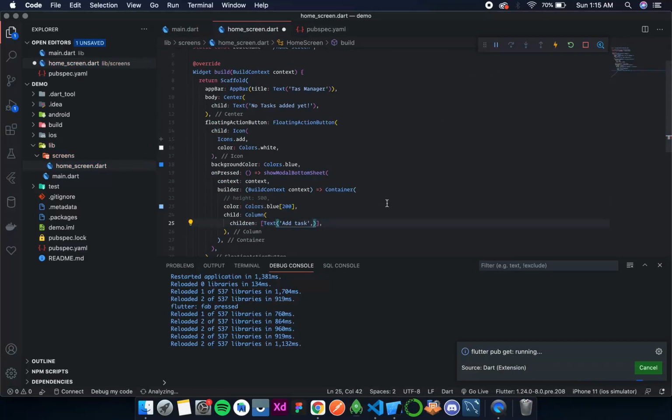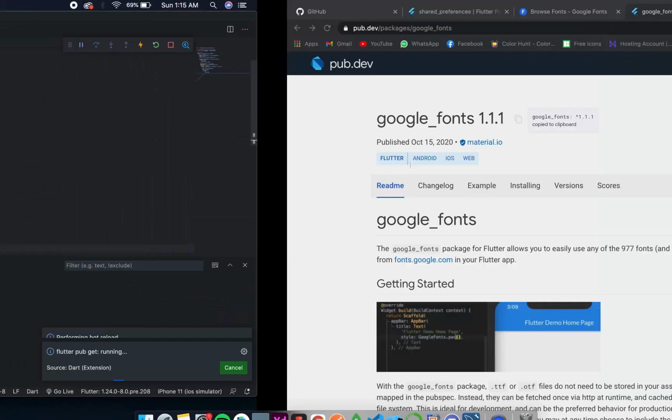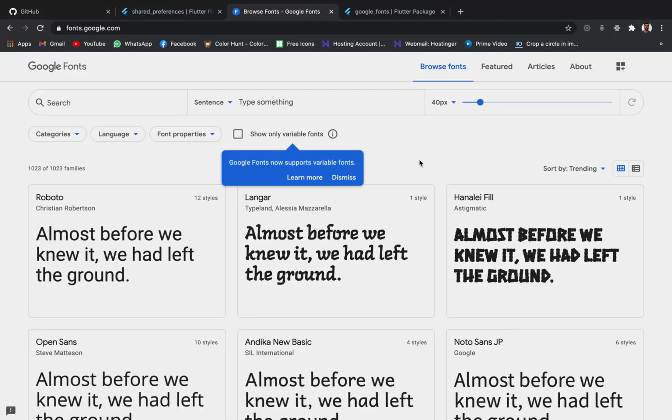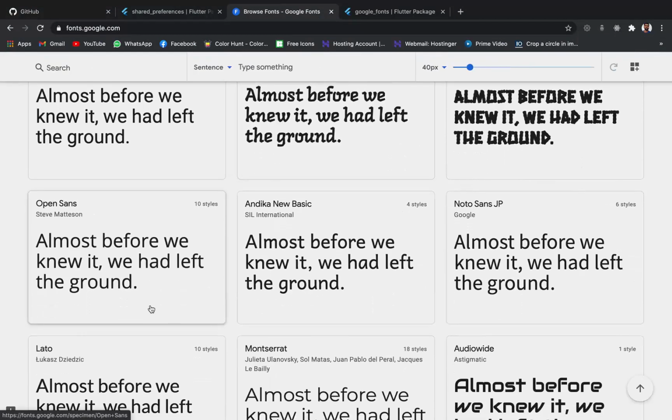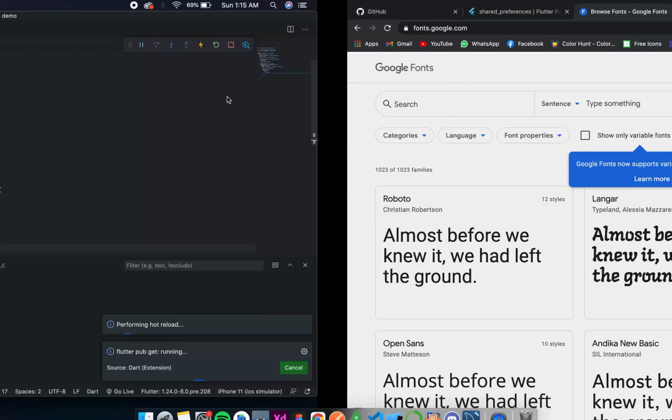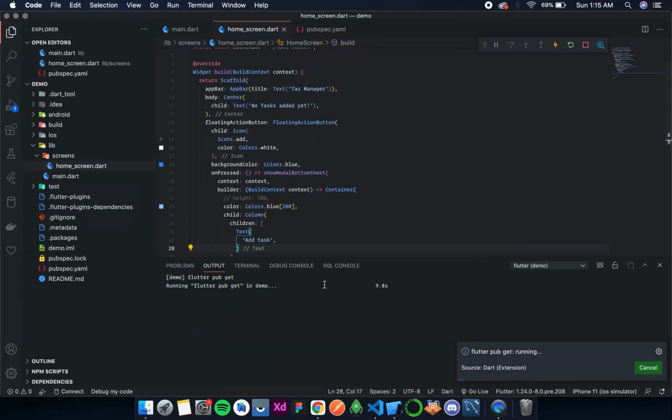Remove this for now. So now let's fix on a font, and maybe we can go with, I think we should go with Montserrat. Okay, so let's start adding the text.